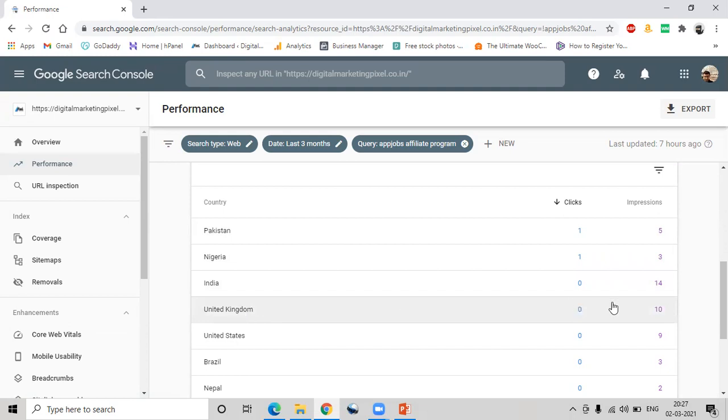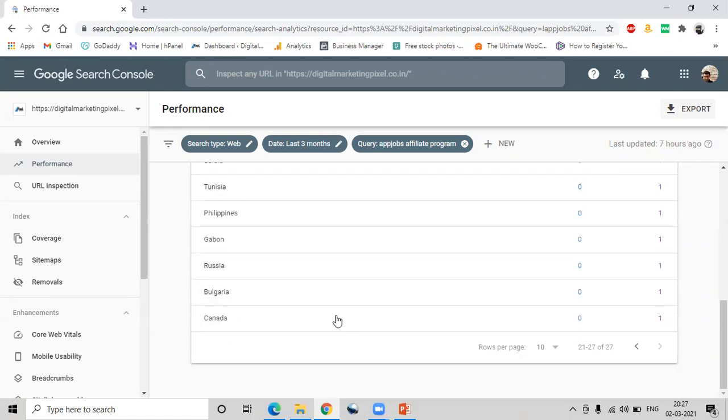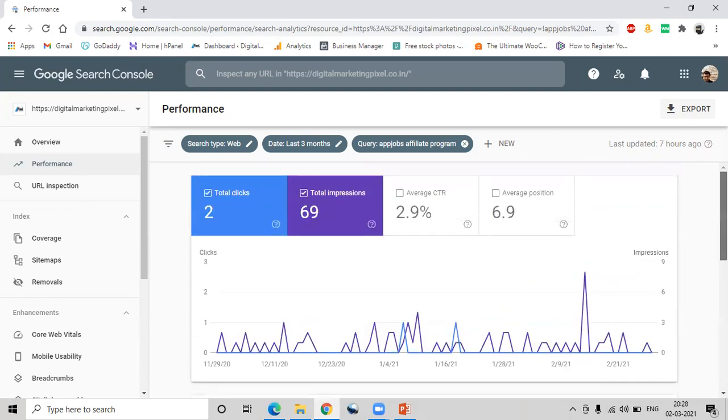From UK, 10 impressions. From United States, 9 impressions. Then Brazil, Nepal, Algeria, Germany, France, South Africa, Zambia, Australia, Spain, Greece, Indonesia, Poland, and all these countries. For a single URL, I am seeing the performance of that single URL.